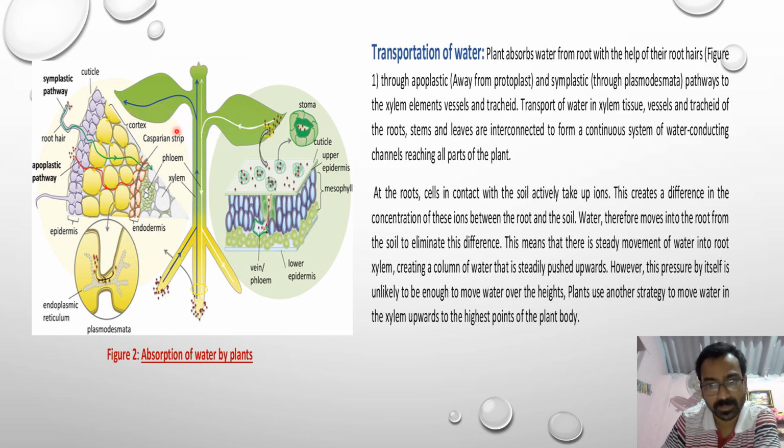This is known as the transpirational pool. The transpirational pool helps in the uptake of water from the base to the top of the plant. So two parts are very much clear about the absorption of water. The first part is the absorption of water, and the second part is the conduction of water.